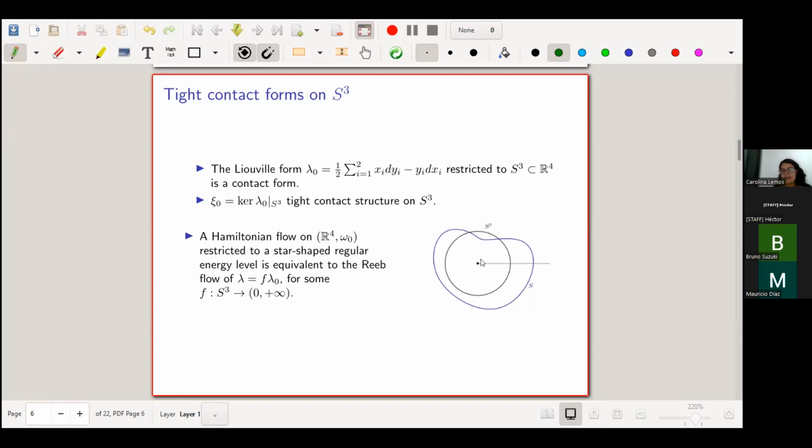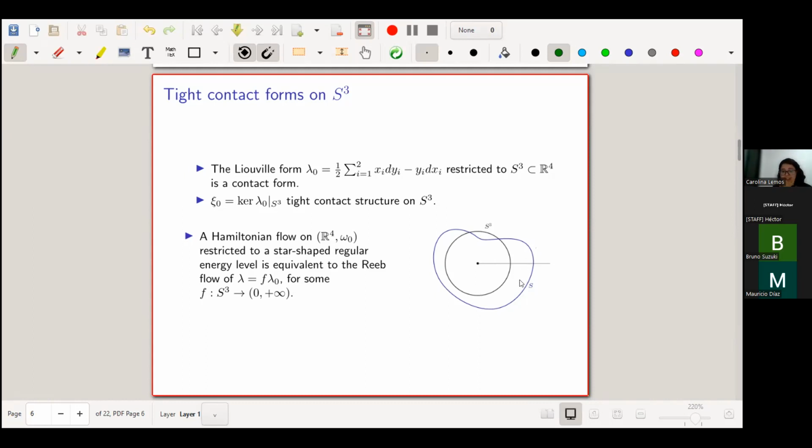This means that the half line is star-shaped with relation to the origin. This means that the half line starting in the origin just intersects your energy level once and transversely. So if you have an energy level like this,